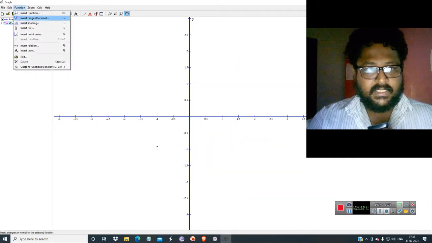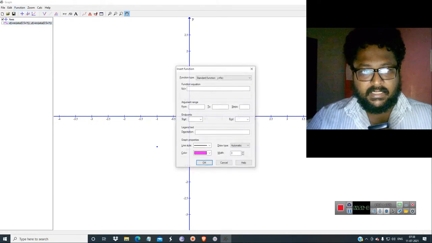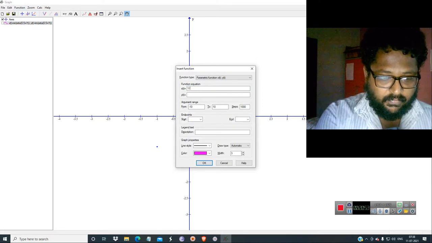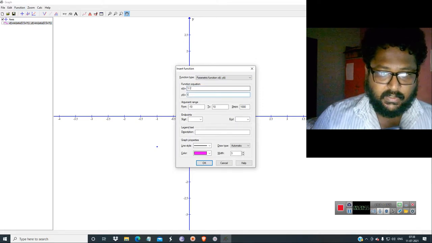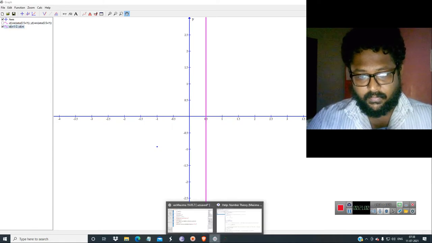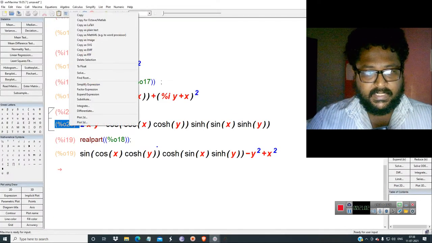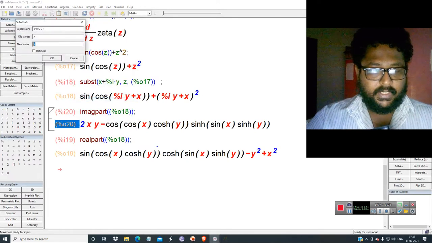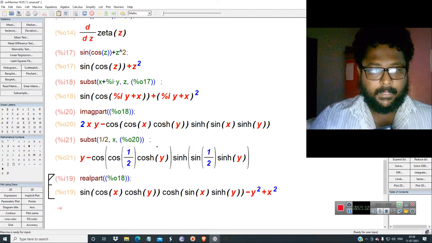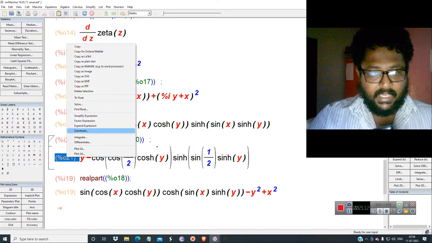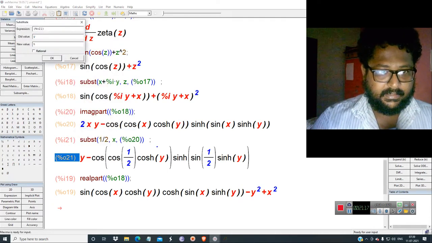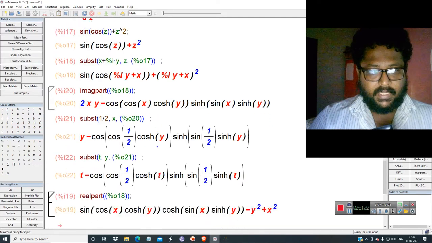I am going to plot this normal complex function at half plus i times t. When plotting, I substitute x as 1 divided by 2, and for y I substitute t. This is the imaginary part.